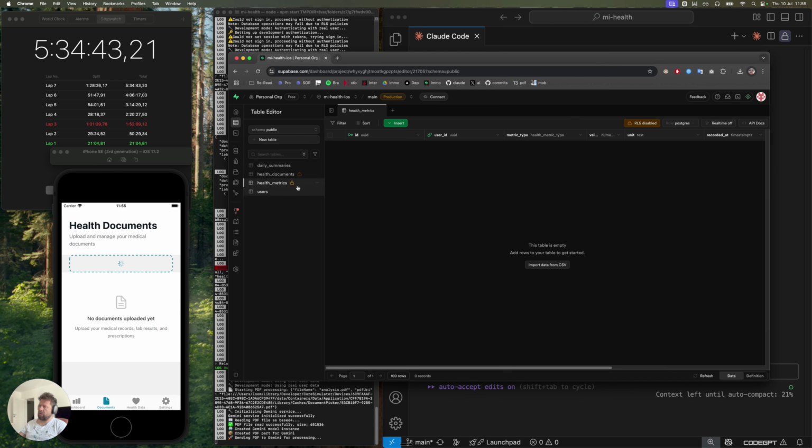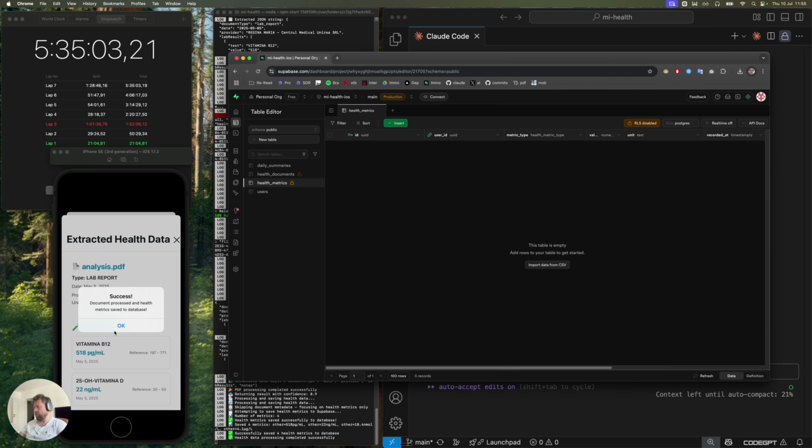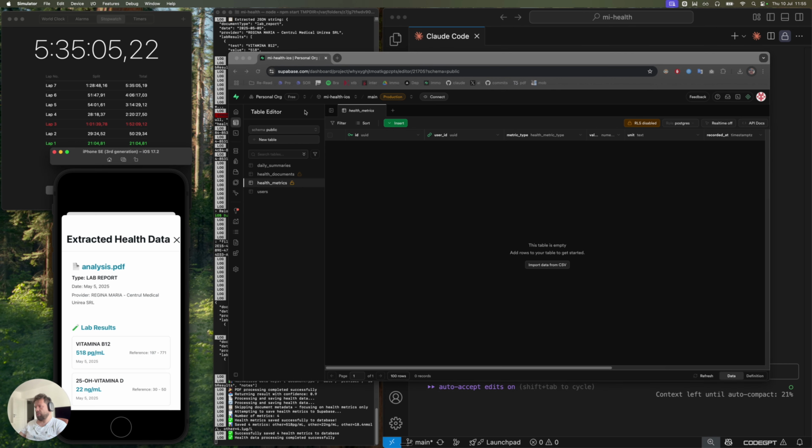So in the background, Cloud Code was able to disable RLS. So now anybody can insert data into this table. It's fine for the development process. It's fine to keep RLS off, but when we launch, we're gonna need to put this back on. Right, so if we refresh,